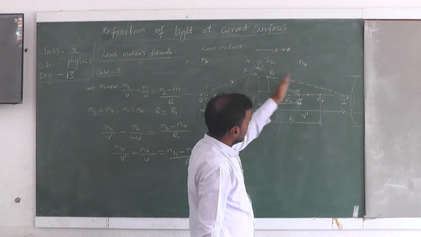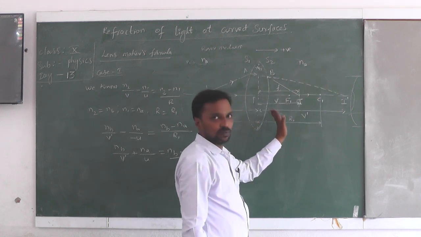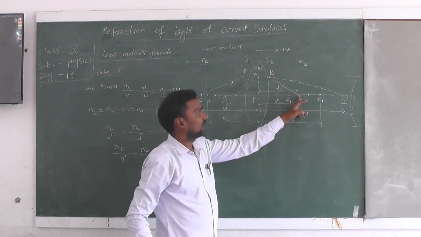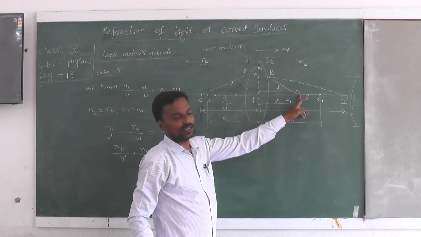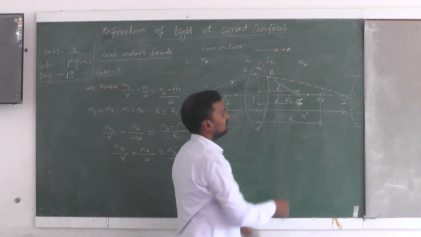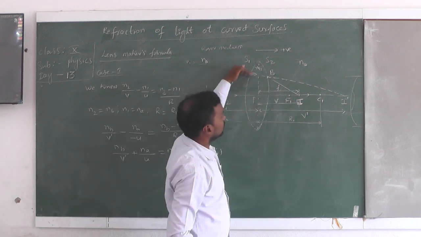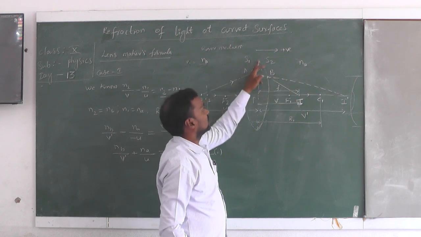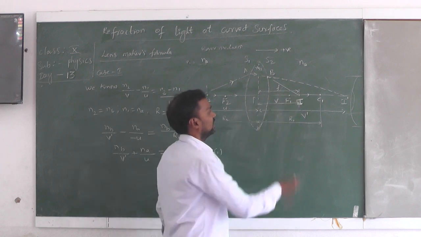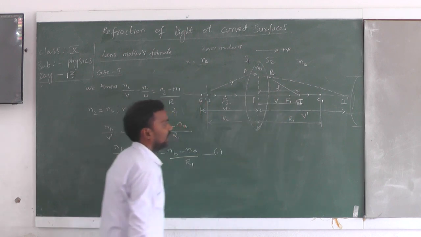So the light, instead of going directly, bends towards the normal, and this point will be displaced, and it comes here, bends and meets the principal axis at this point. Let us consider it as I. I is the image when the light is passing through the lens now. This is not from the surface, but through the lens. It meets here, and this distance I am denoting with I.